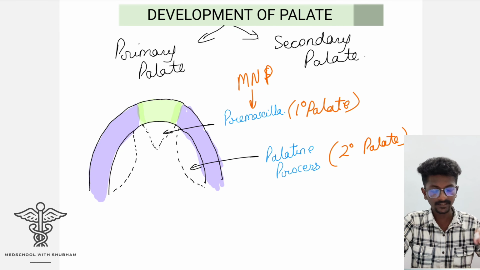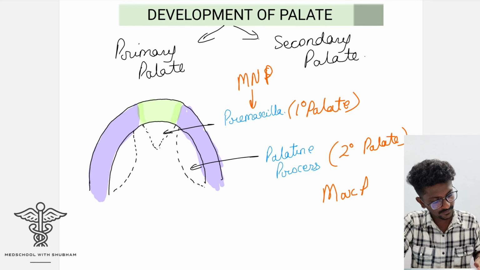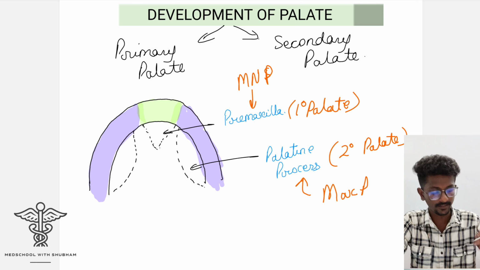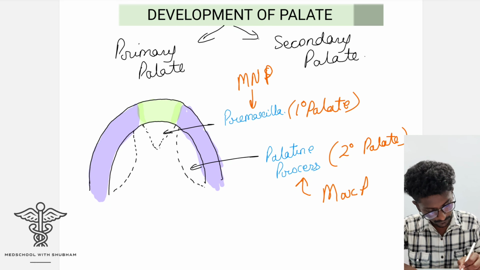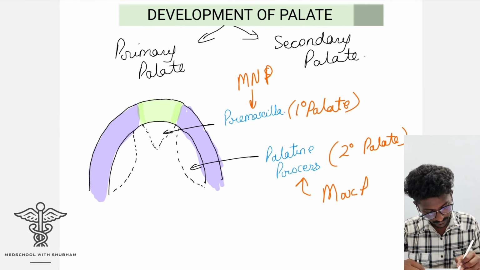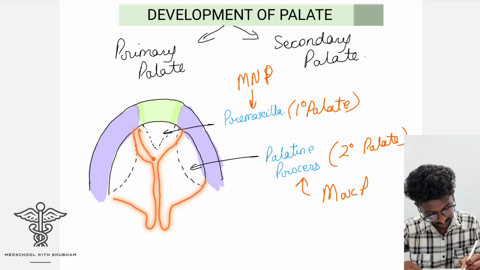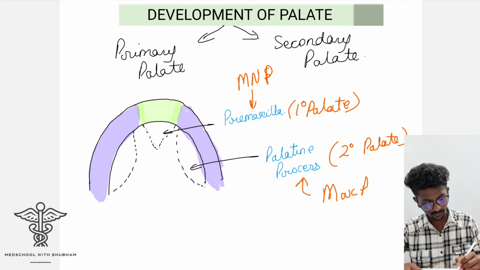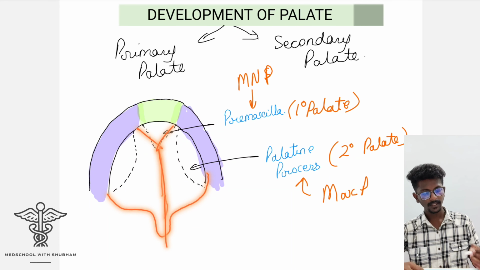And what is secondary palate? It is the palatine process. Who will give rise to palatine process? The maxillary process will give rise to the palatine process or the lateral palatine process. Now all these three things, that is the premaxilla, this side the palatine process and this side the palatine process, they will fuse together, and now they will grow in this way. It will also grow in this way. It will also grow in this way, and now it will fuse together. All of this will fuse together, and now they will form in this way, and now they will form the